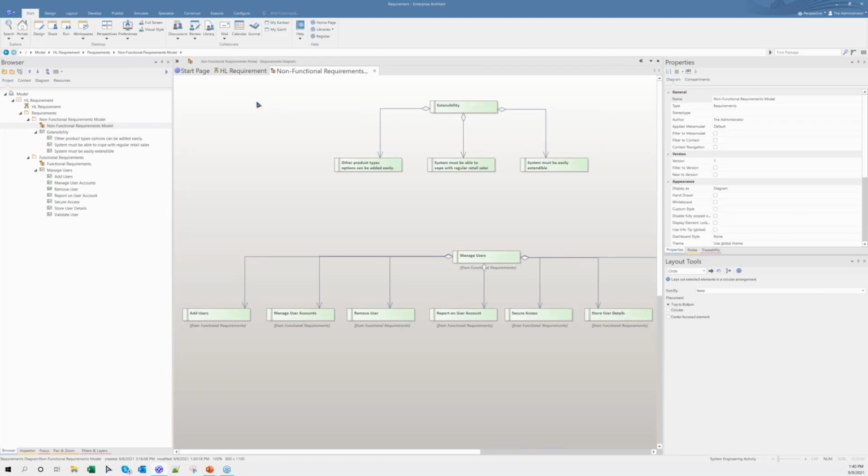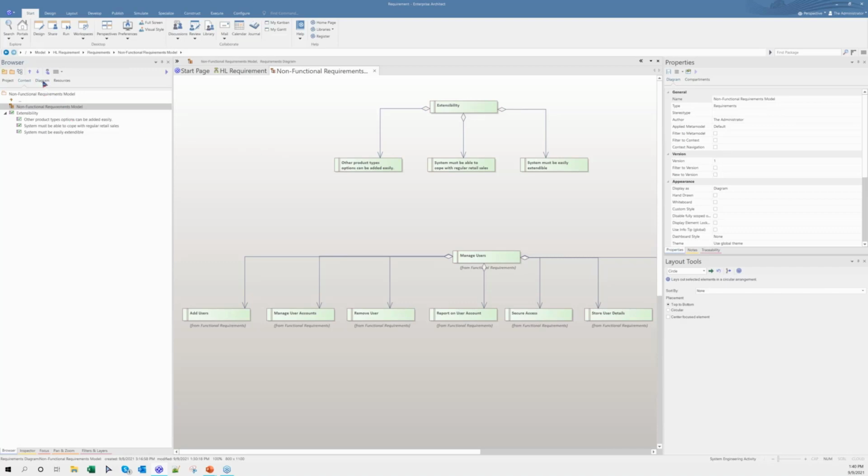I keep the requirement diagram open and move on to the context. This provides me a focused list of elements available in the current package.